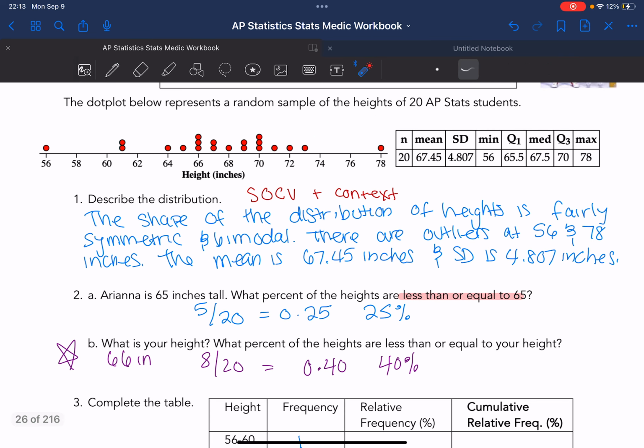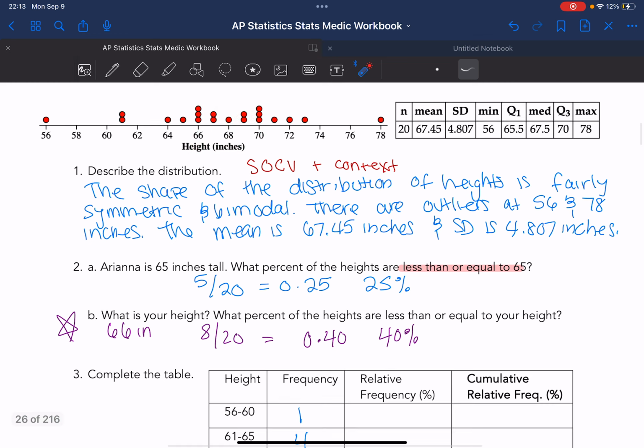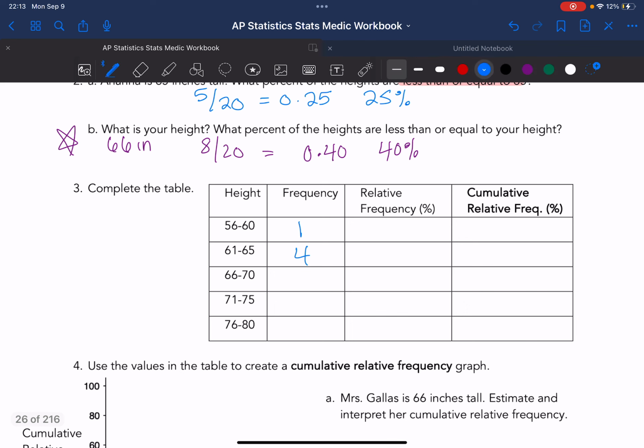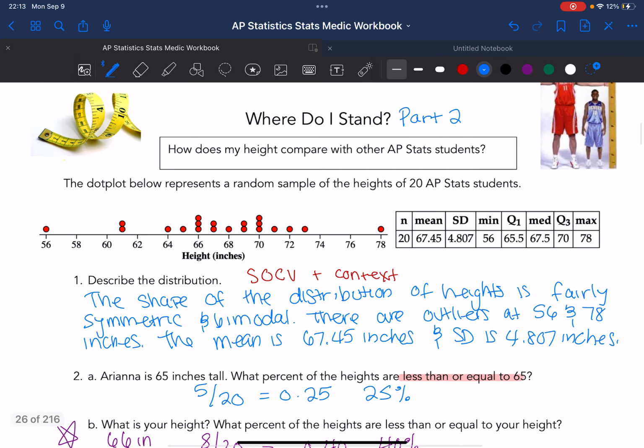So 66 right here to 70 is 1, 2, 3, 4, 5, 6, 7, 8, 9, 10, 11. 71 to 75. So here's 71 to 75 is 3. And then 76 to 80 is 1. So I'm going to put a 3